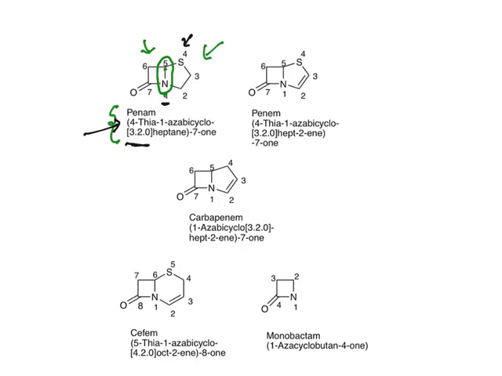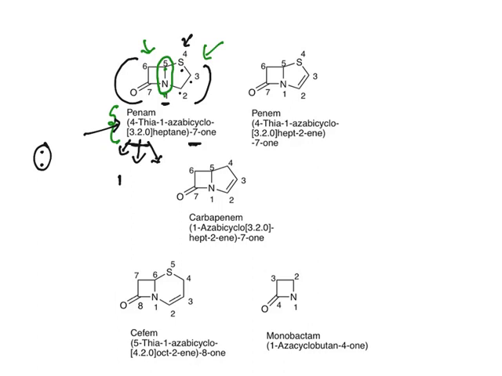Now, 3.2.0 is related to how many atoms make up the bicycle. 3 means, see here, 1, 2, 3. 3 atoms make this ring, leaving these bridge atoms. 2 means on this side 2 atoms make the ring, leaving these bridge atoms. Now, usually the bridge is made by 2 atoms, nitrogen and carbon. If only 2 atoms make the bridge, it is known as 0. If more than 2 are there, if 3 atoms are there, it becomes 1. But here it is only 2 atoms, so it is 3.2.0.